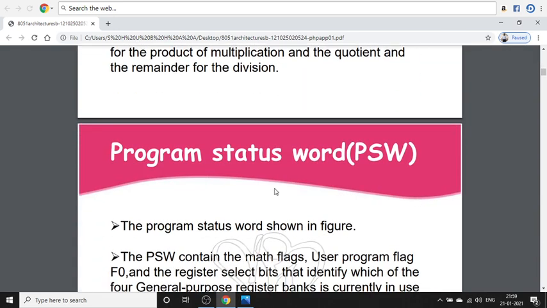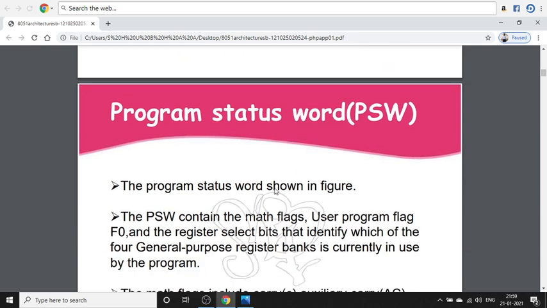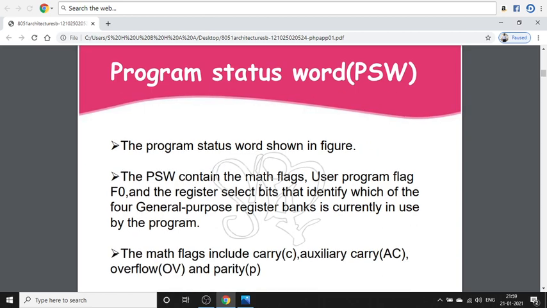The program status word is an 8-bit register, and we can also call it the flag register. The program status word contains some flags, and each bit is named as a flag, so each flag indicates some information.